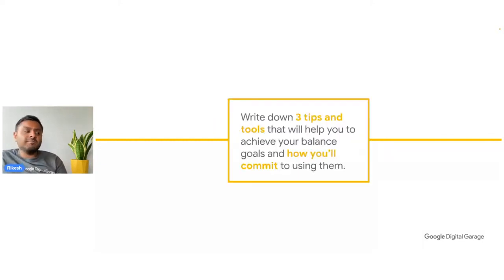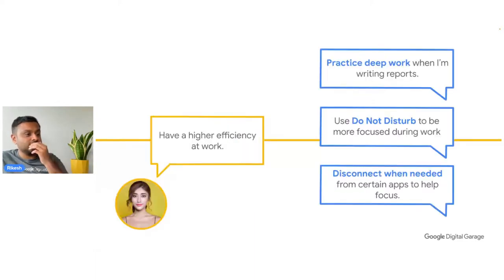So with that in mind, what I want you to do is jot down three of those tips and tools that you're going to be implementing. You might have jotted more of them down as well. Think about how you're going to align the tips and tools you jotted down in the previous section to the goals we created earlier in this webinar session. So let's have a look at some examples here.